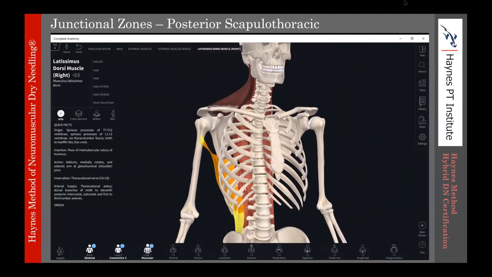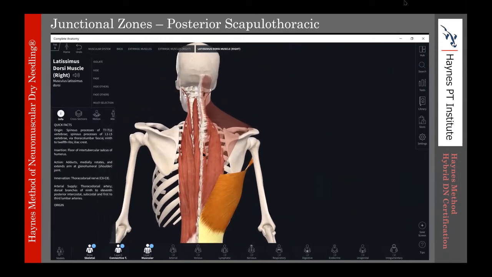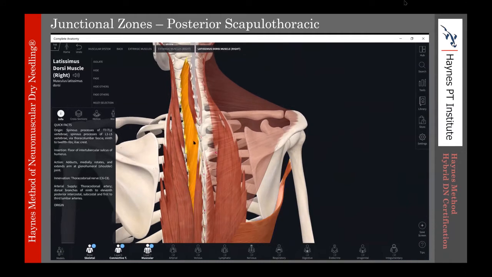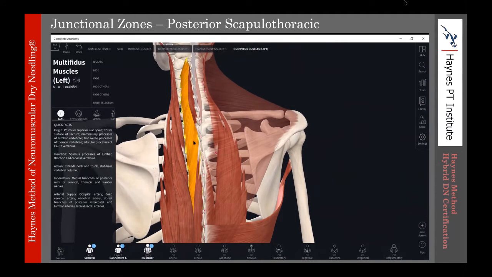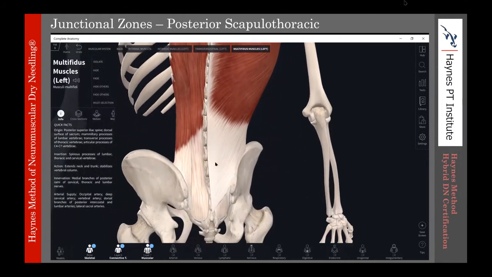So we'll move back to the posterior aspect and look at the muscle. Let's look at multifidus first. In multifidus, again, we've looked at this before, but the origin, the posterior superior iliac spine,